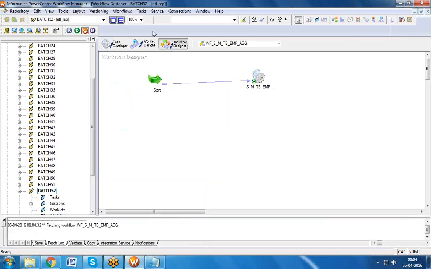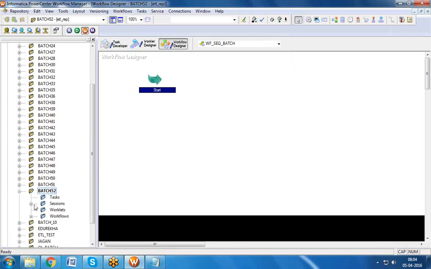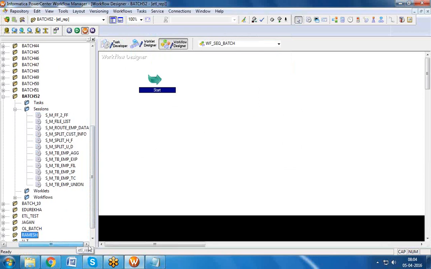So let me just create a sequential batch and show you. It's very simple. Workflow underscore sequential underscore batch. A group of sessions is called a batch. Just let me drag a few sessions.